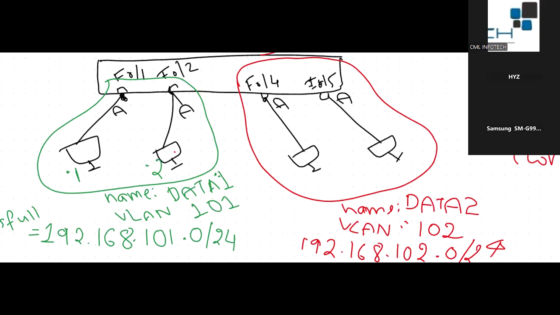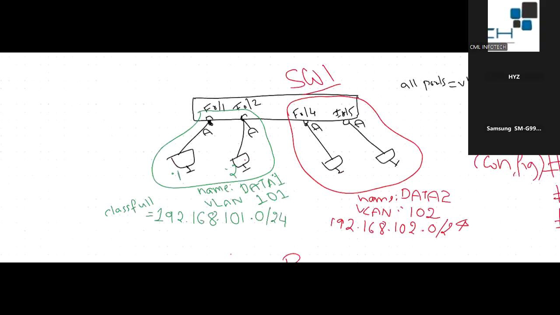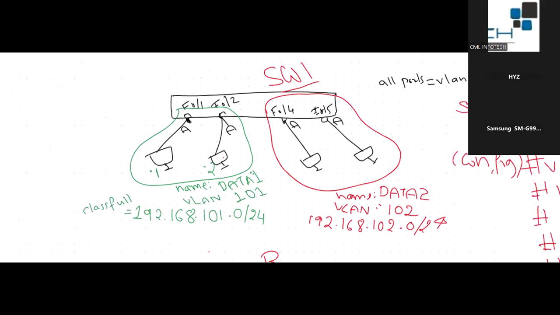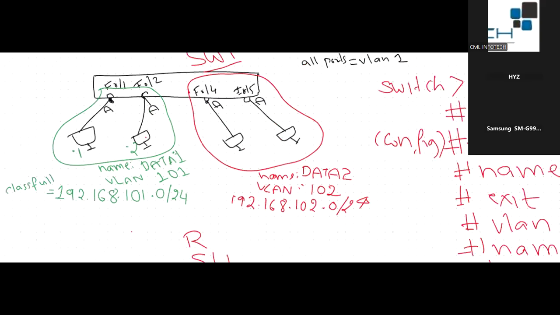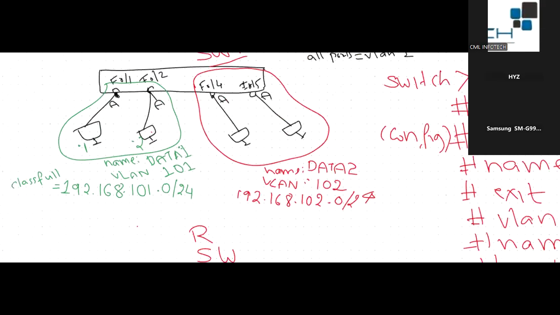Okay. So we have two tasks. We want to make this particular F01, we can take F01 as an example. This F01, first we have to make it an access port. And second, we want to define which VLAN is represented by that particular port. Let's say